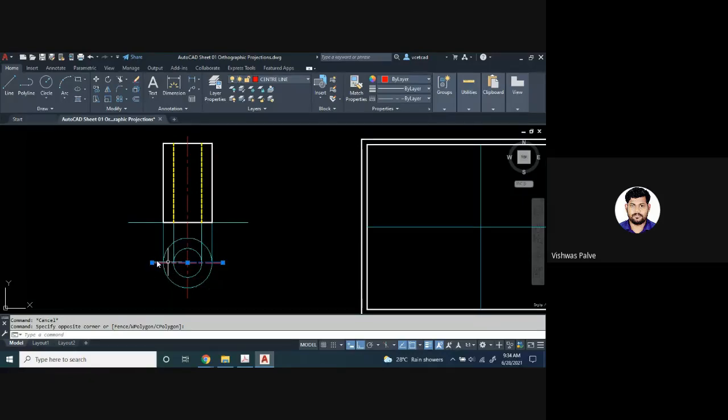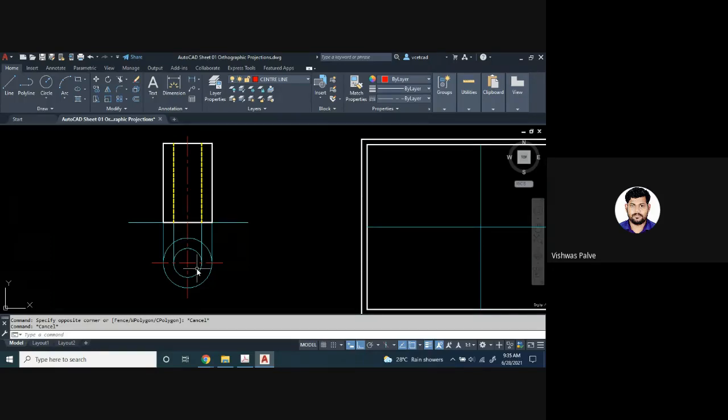So this sectional line will act as a cutting plane. Cutting plane means we are going to split this into two parts. If we take a knife and cut along this horizontal center line, we'll remove the front portion. This part we are going to remove. But in actual practice, we don't have to remove this part in the top view. In the front view we have to remove it, but in the top view we retain that part as it is.